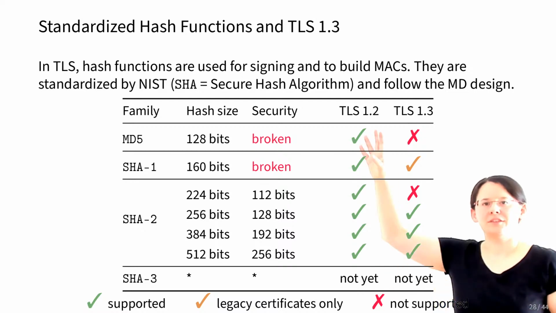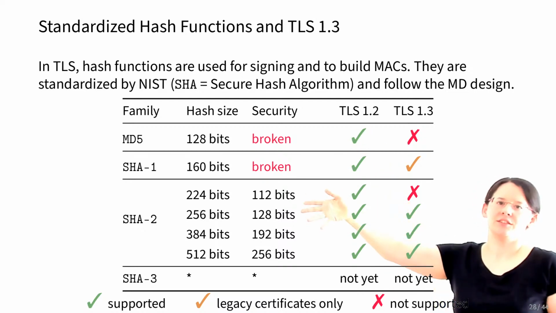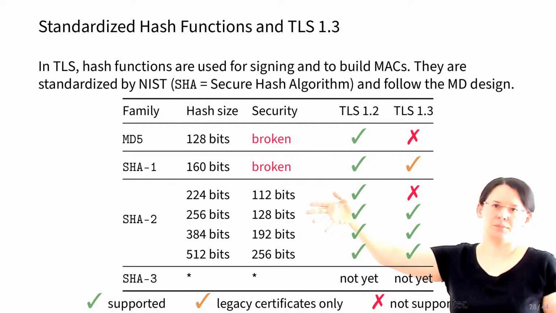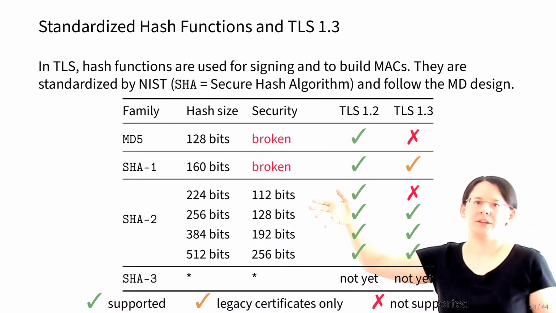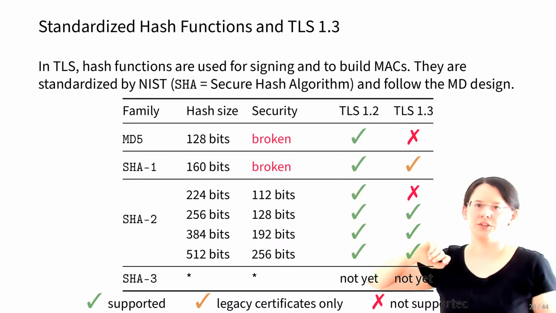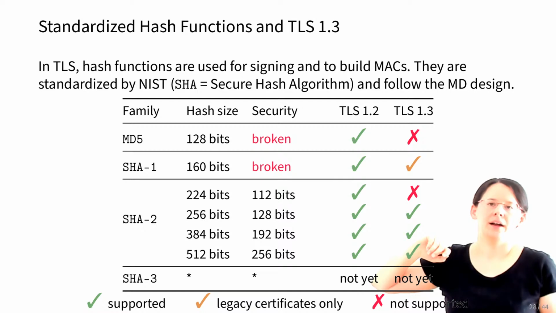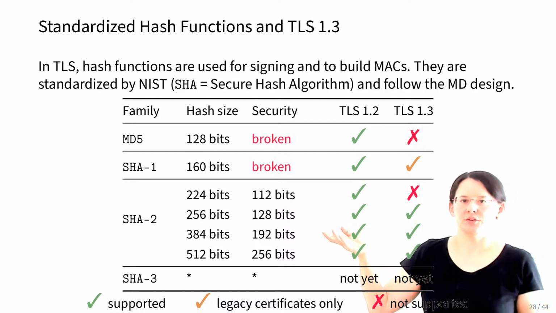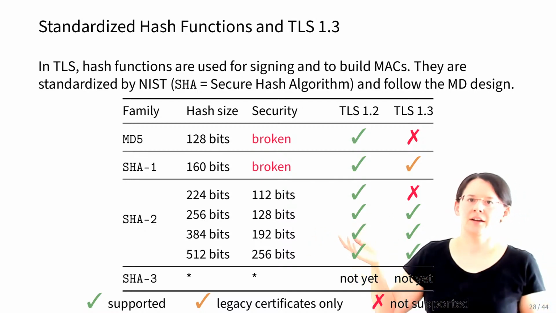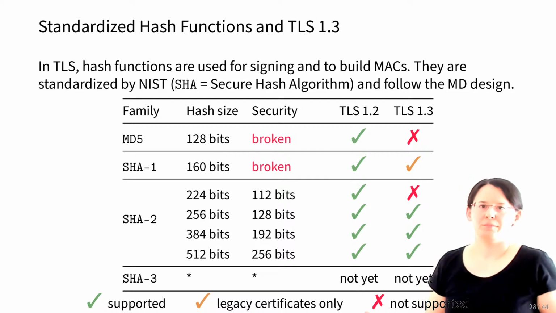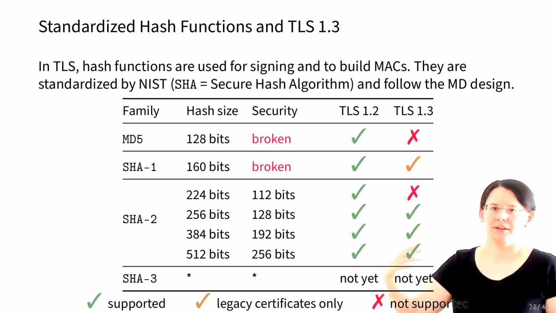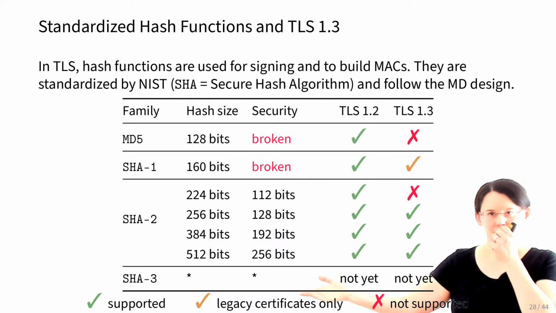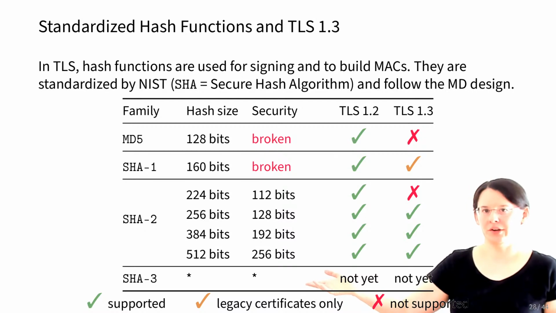But after the attacks on these two here, since SHA-2 follows a similar design principle, NIST thought it would be a good idea to hold a public competition for an alternative to SHA-2. So SHA-2 isn't broken or replaced yet, but they thought it would be good to have a backup plan in case there are problems. And this backup plan is SHA-3, which has now been published for a couple years, but